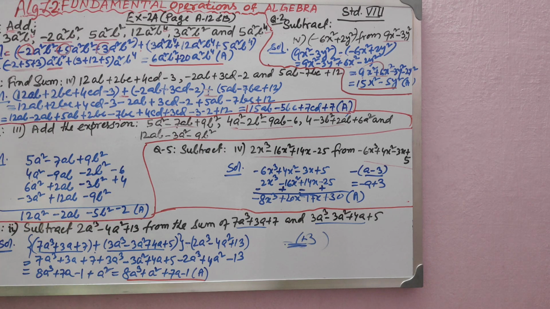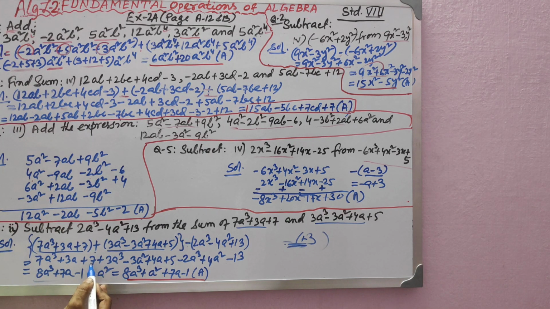Now like term operation, I did it mentally. 7a cube plus 7a cube. Is there any a cube? Yes, plus 3a cube. 7a cube plus 3a cube, 10a cube. Is there any more a cube? Yes, 10a cube minus 2a cube. What will be? Plus 8a cube. Directly I have written. Could you understand? Now 3a plus 3a. Is there any a? Yes, plus 4a. So plus 7a. Is there any more a? No, plus 7a. Write down up to a is over.